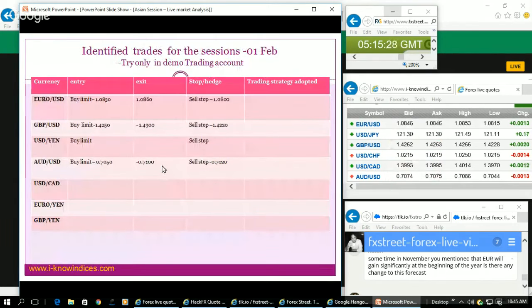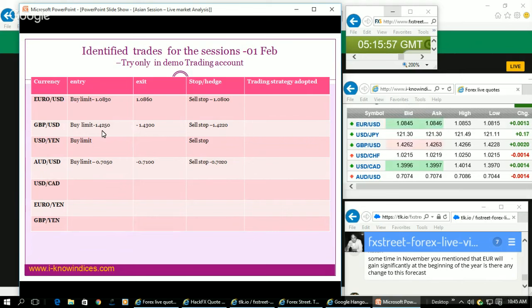Now coming to the trade recommendation. I just recommended a trade: keep a buy limit order in the case of Euro at 1.0830, with 1.0860 as the take profit order, and 800 is the hedge order level. And similarly in the case of